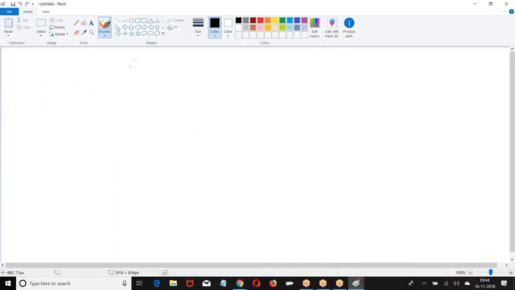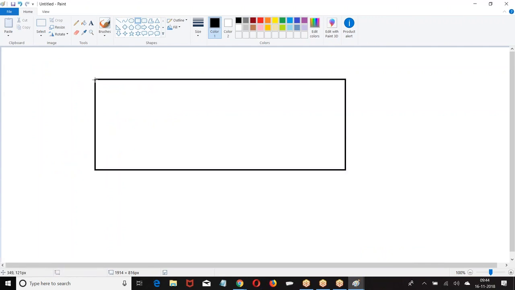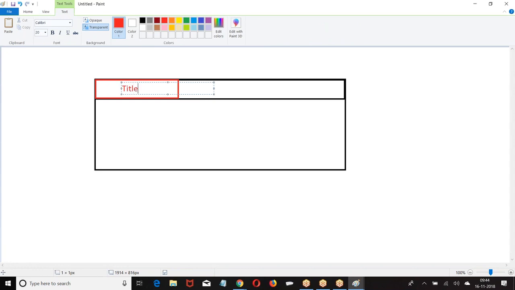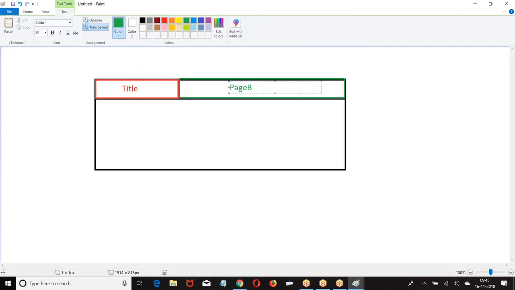Look at the point. If you go for a page block, this space is always fixed for title. This area is called page block buttons.